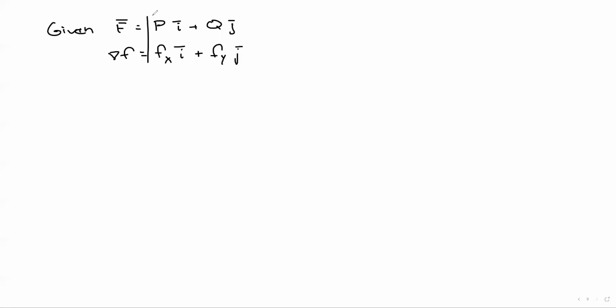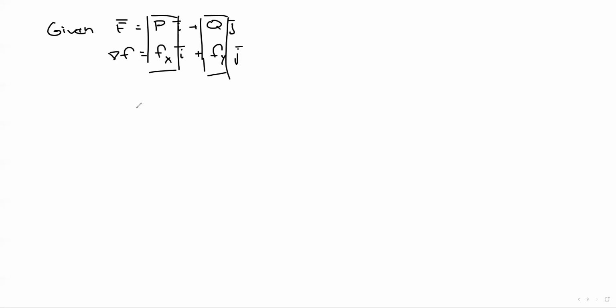All right. Well, one of the things that you can do is you can go through and say, what is capital F? Capital F equals, let's say, P i plus Q j. That's what we just said a few minutes ago. What is the gradient of lowercase f? It's the partial with respect to x i plus the partial with respect to y j. Okay, and then if you go through and just take these and line them up,